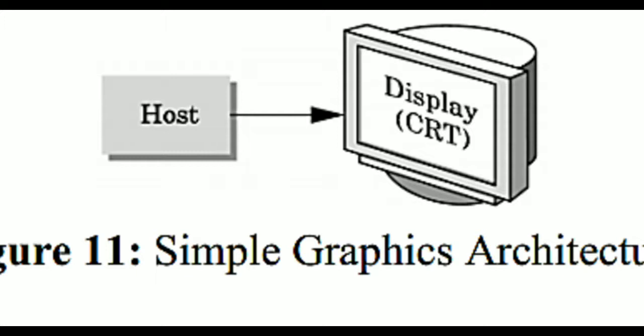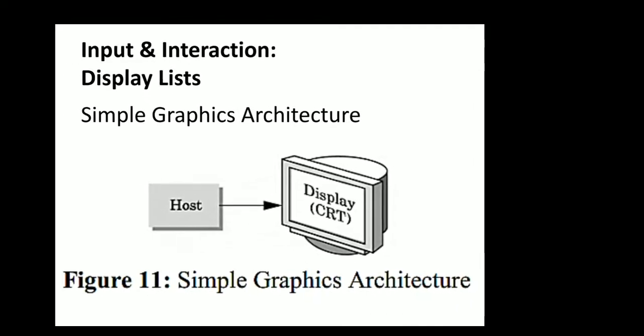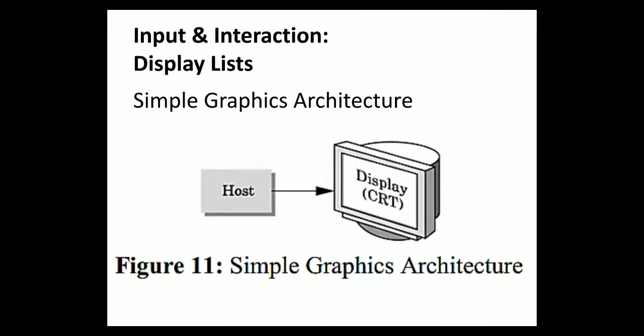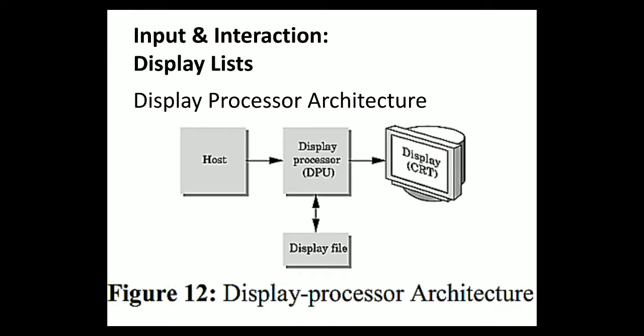So in this case, the host has a processing system like your computer devices. CPU will be there. In the basic systems, the graphics were handled by the CPU itself. The same processor was used both for general computations and also the display computations. Although it provided the required displays, it had a disadvantage that it was an overhead on the host system, because it was supposed to do general computations and also the graphics computations. And hence, there was a development of another architecture, which is display processor architecture.